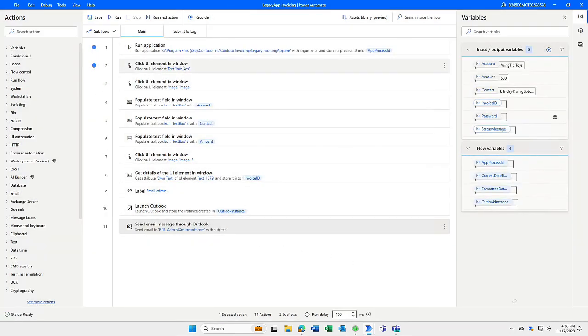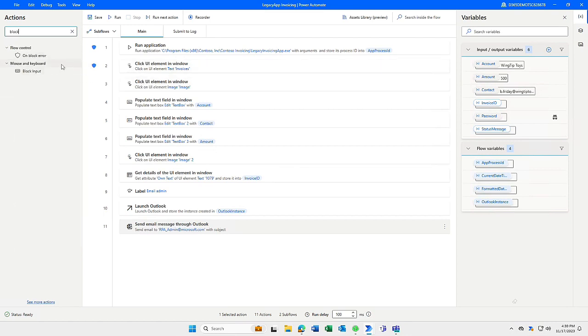So that's how you add error handling to a specific action. But what we can also do is apply error handling to a whole group of actions, and this is what's known as a block error, or in the industry sometimes you'll hear try catch. And if we click and drag this on block error,